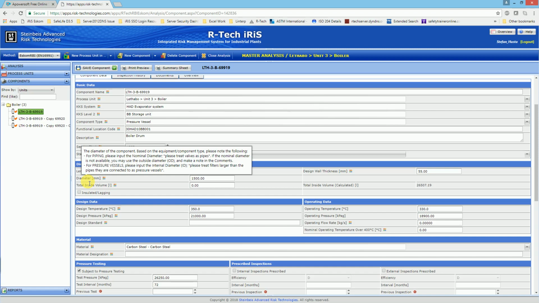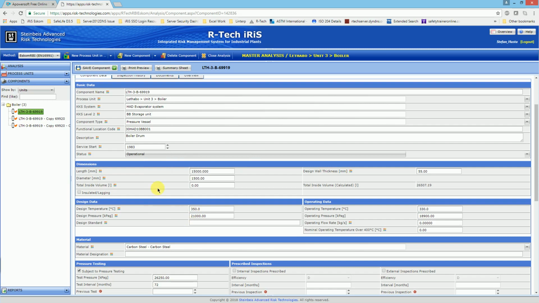You input both the nominal diameter. If your equipment type or component type is piping, you input it into the diameter field. If your equipment or component is a pressure vessel or a steam generator, you again input the internal diameter in the diameter field, and this is explained in the tooltip. So for the piping, please use the nominal diameter, treat valves as pipes, and so on. For pressure vessels, also steam generators, well, actually for steam generators, if you treat the entire boiler, you're going to use the volume of the entire boiler, basically from the pressure test certificates, which is something that I'm going to go ahead and